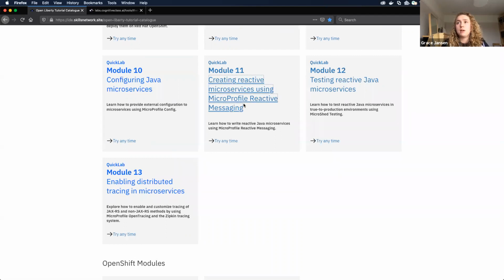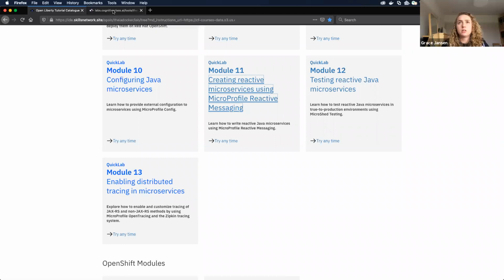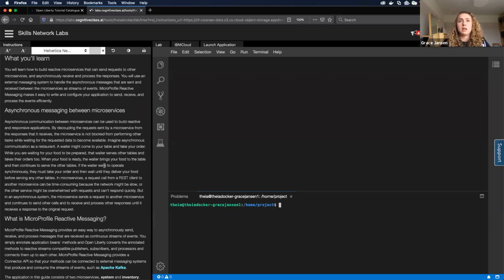The one we'll be doing is module 11. So if you want to click on module 11, creating reactive microservices using MicroProfile Reactive Messaging, that's the module we'll be doing. When you open it up, this is probably the stage at which it'll ask you to log in, so that might take a little bit of time. But when you open up this module, it will take you to our online environment. Now, this online environment is where we have essentially instructions and our IDE. To open up the terminal, you'll need to go to Terminal, New Terminal, and then it should open it up for you. The application we're using here is the same application you'll use if you do any of the other modules, which hopefully will make it a bit easier to go between them.